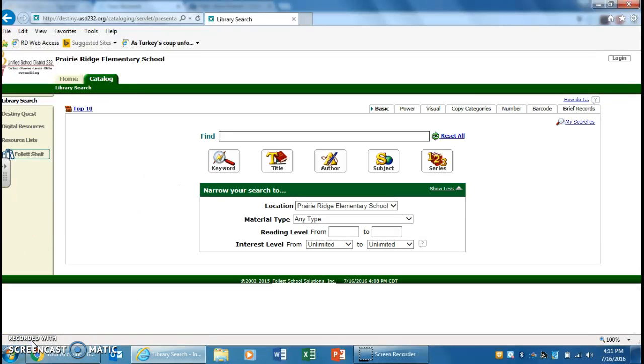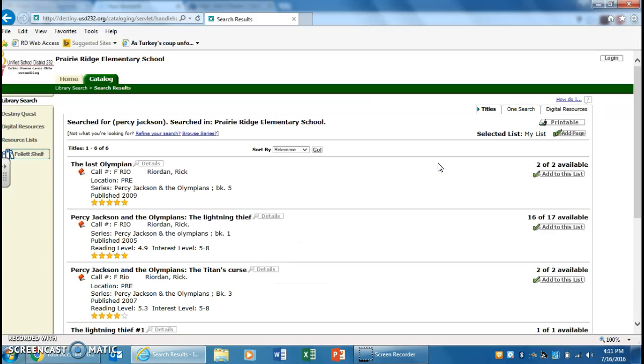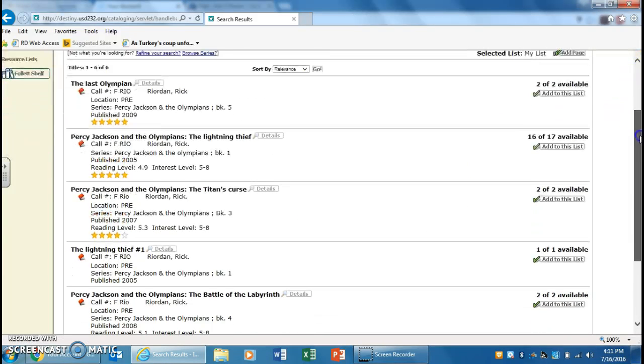The last and final way that I'm going to show you how to search books today is by series. We have many different types of series here in the library. I'm going to search for the Percy Jackson series. So I'm going to type in Percy Jackson in my search box. And because I'm not looking it up by title or author or subject, I really just want to know what books we have in that series. I'm going to click the series button. And it's going to show me that I have